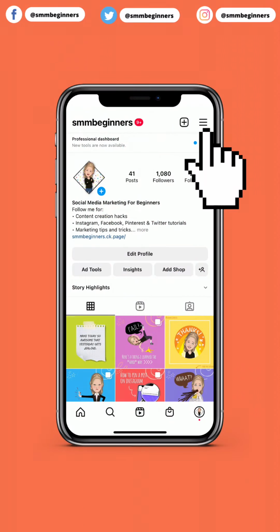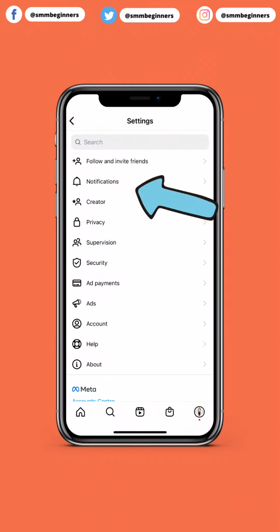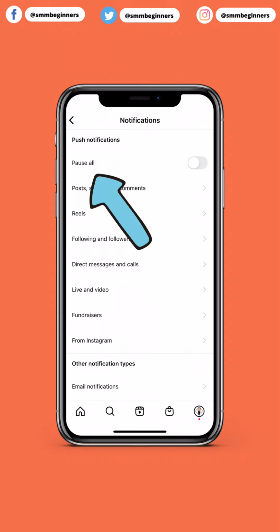Anyway, once you've hit the hamburger menu and it has popped up from the bottom, the next option you'll want to select is Settings. And then, you'll want to look for the option that says Notifications. The very first option on this screen is the one you'll want to pause all notifications, and it simply says,